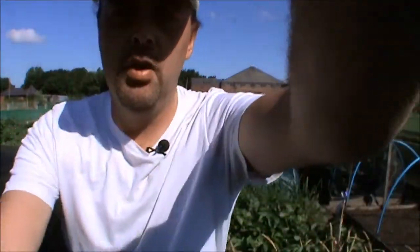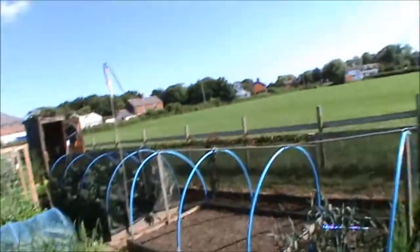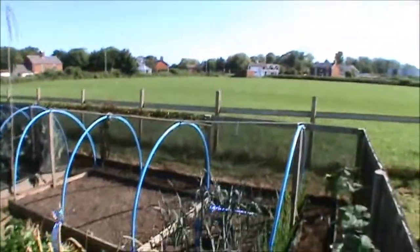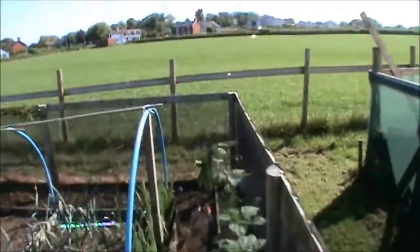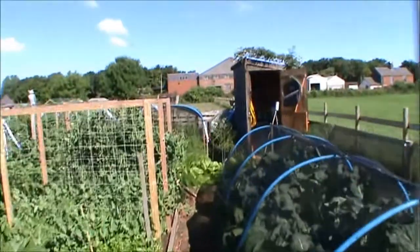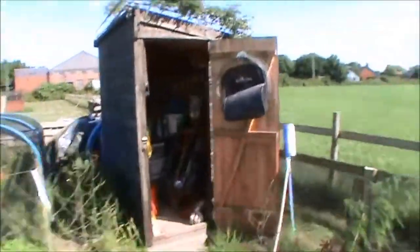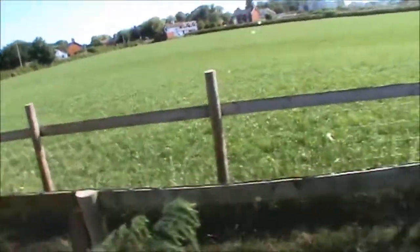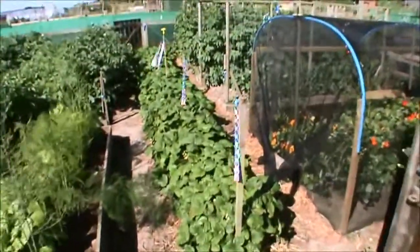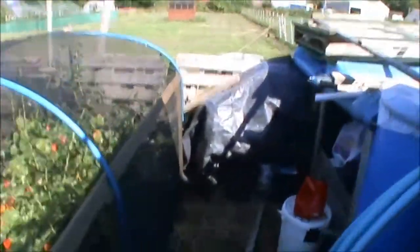Right, let's get this camera off. Right, so where do we start? We'll go up the top end, which should be the north end. Get around all this asparagus. It wants fencing up. I might put something around it at the end of the year. Right, so we'll start in here. Blueberries,